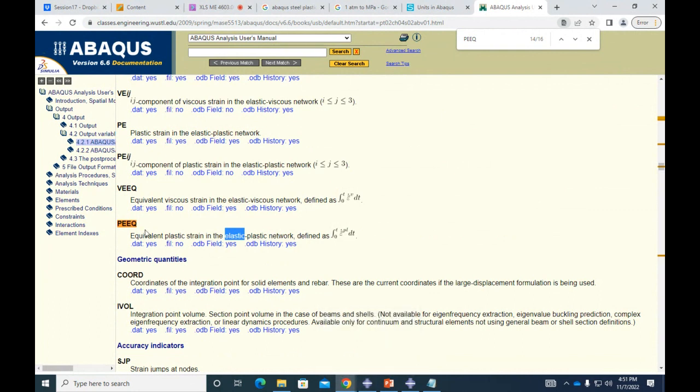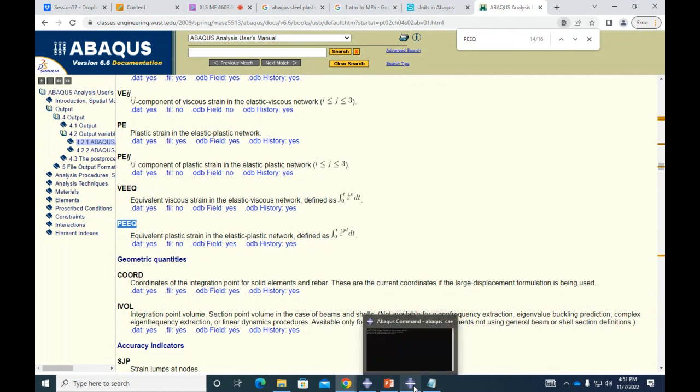PEEQ is similar. Abaqus is taking all the strain components, so a strain in the one direction, a strain in the two direction, a strain in the three direction, the shear strain, so epsilon 1,2, epsilon 1,3, and epsilon 2,3, and it's putting all of those values into a single value, which is this PEEQ. So basically what this is doing is showing in your structure where you have plastic strain.